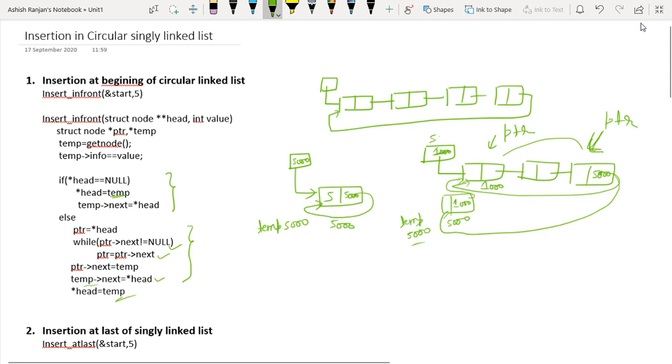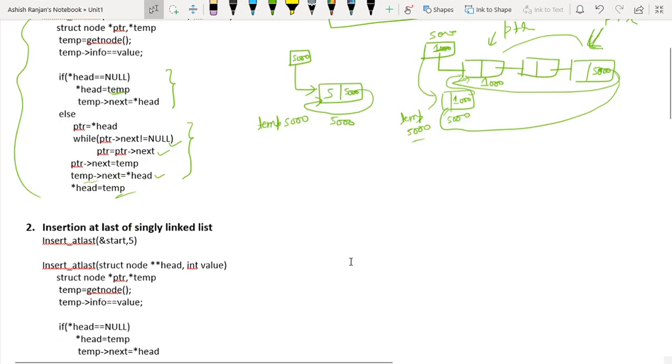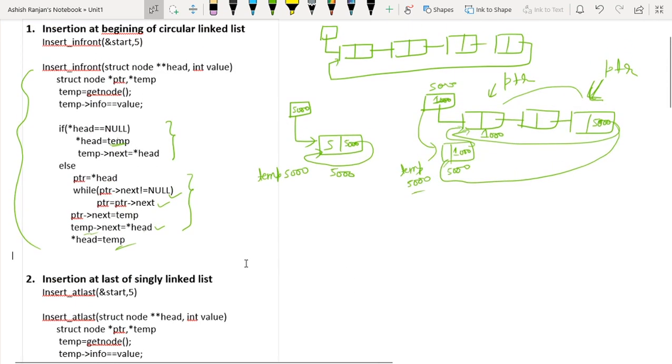Whenever we store 1000 here, this node will start pointing to this first. And finally, temp means 5000 is updated here, and it will start pointing. So using this case, we can insert the node at the front in the circular linked list. It is very easy.